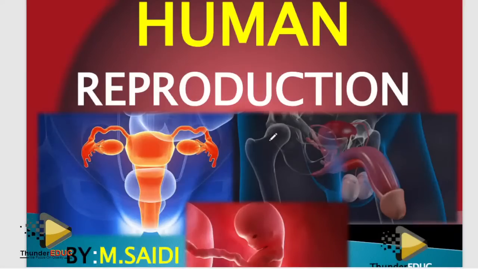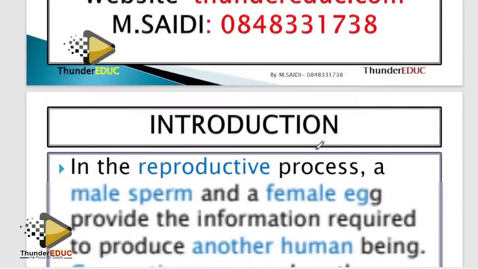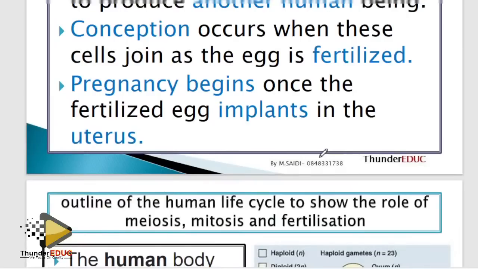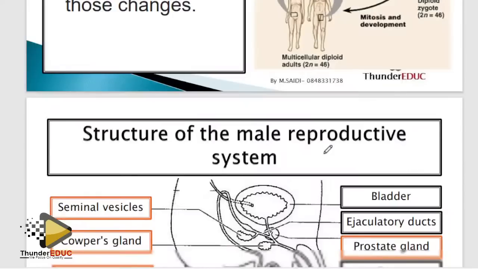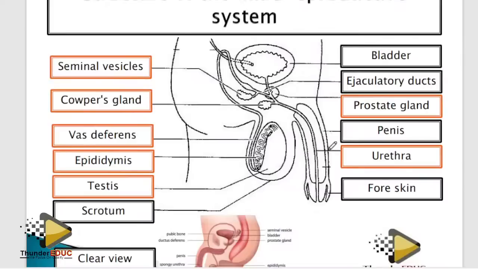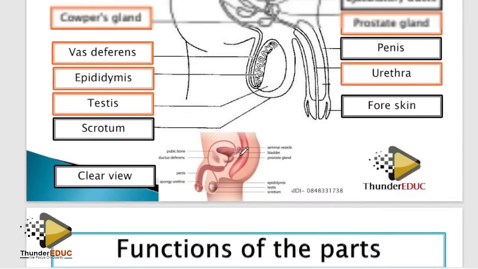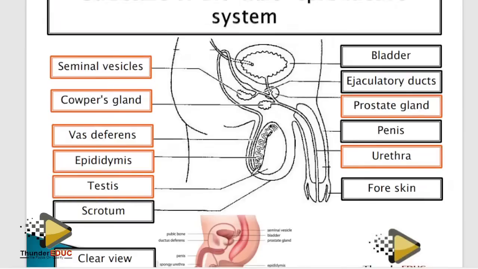What are you supposed to focus on? Human reproduction. What are some of the things you can't skip? Obviously the structure of the male and the female, you have to know that, and then the function of each. I'm going to show you some of the few questions they can ask you when it reaches there. So labeling, you must know. Girls, I know you know this better than boys.